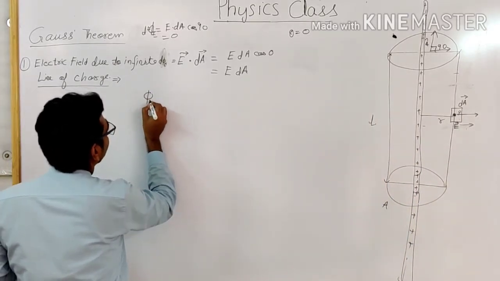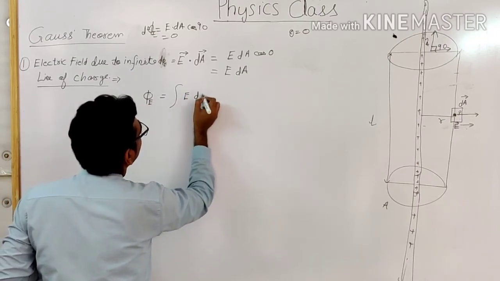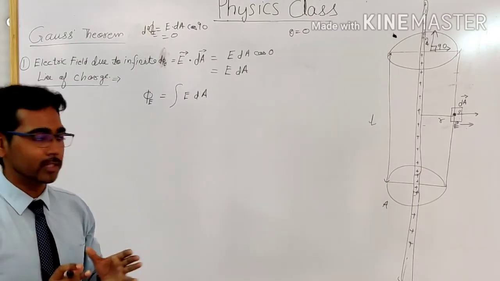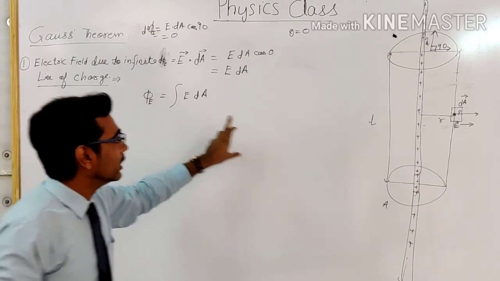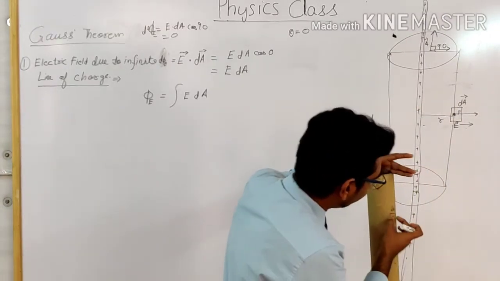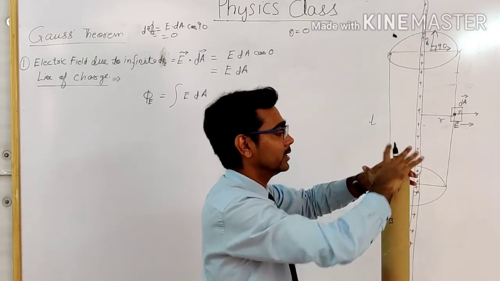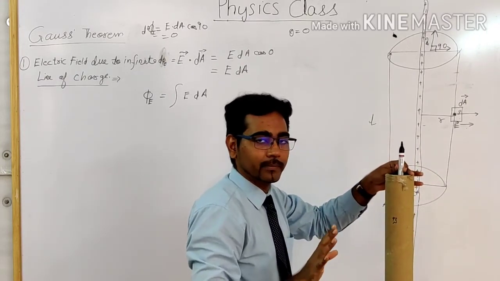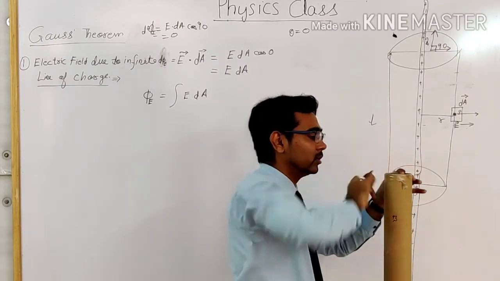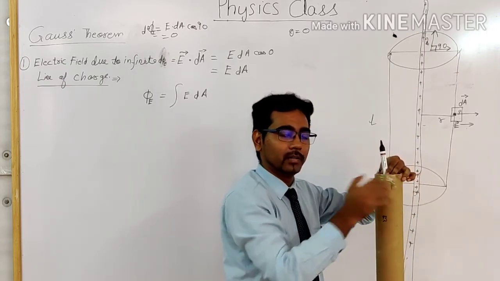So our phi E, not d phi E, will be equal to the integration of E dA. Why have we chosen the symmetrical surface? We want to take this E outside the integral. If you move this surface from here to here, its distance from the center, its distance from this axis, is still the same. Got it? It's still the same. So our electric field, wherever you move on this surface, will be the same due to this line charge. Why? Because it is a symmetrical configuration.